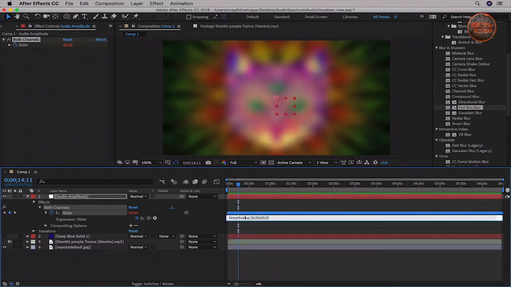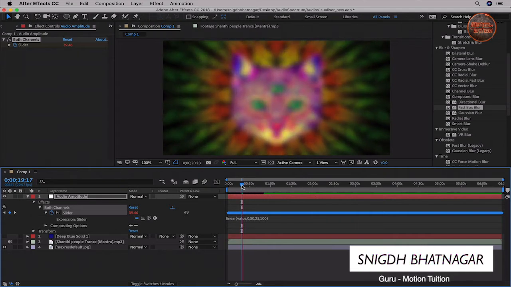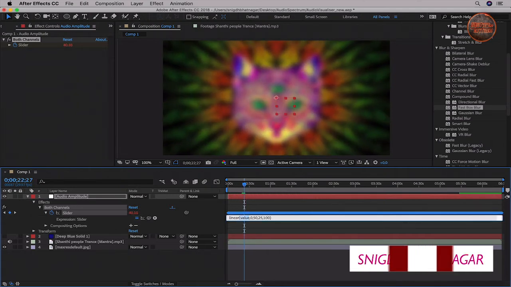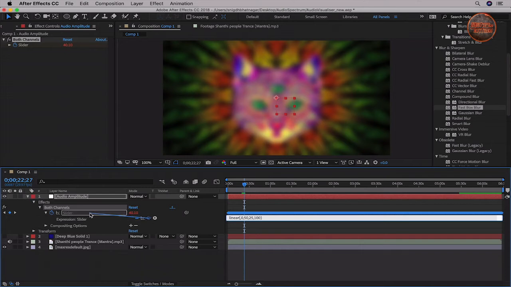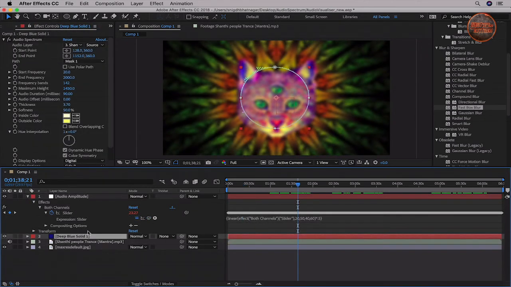Okay, so now since we understand how this is working, let's try modifying the numbers. The value that we see here is actually coming in from the slider only. So we could, if we wanted, select the value and pick whip and replace it with the slider too. Let's quickly drag the visualizer that we created on top of everything.